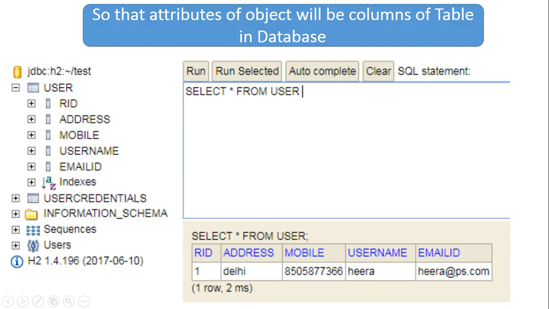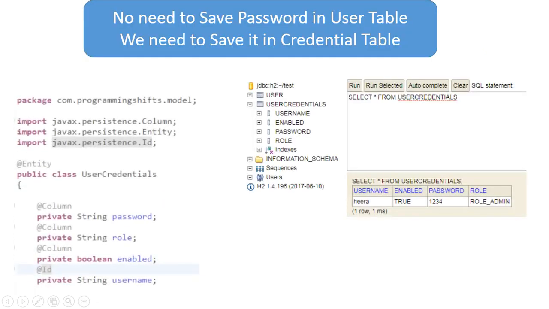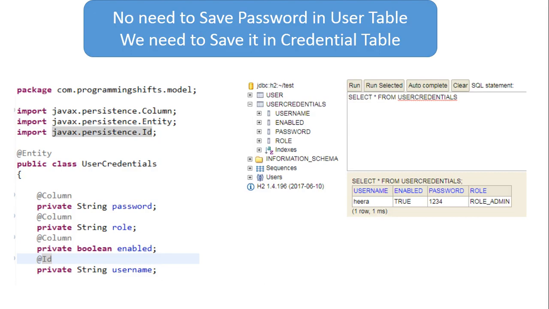I have written the command select star from user, and you can see the result below. I have used the transient annotation in front of the password so that we do not need to store the password in the table.